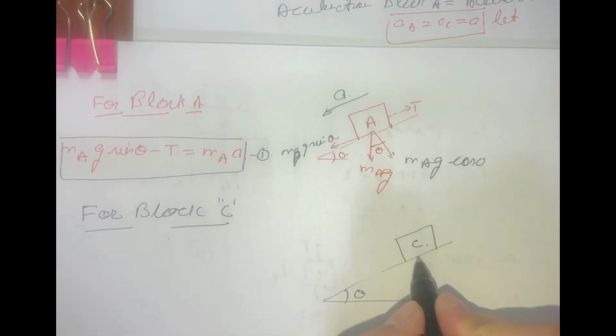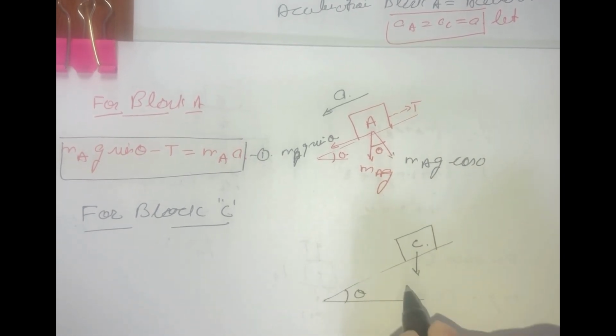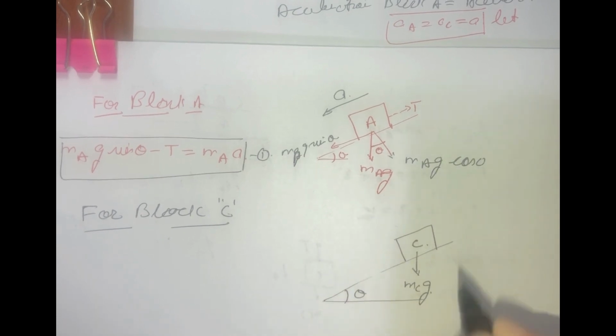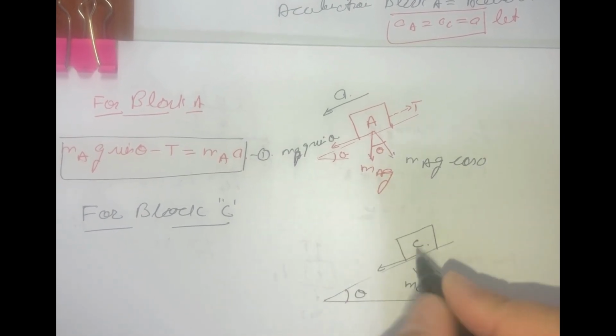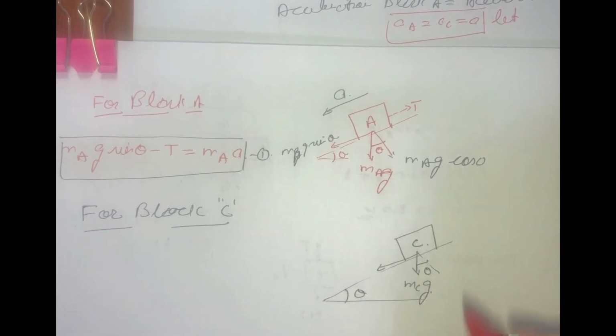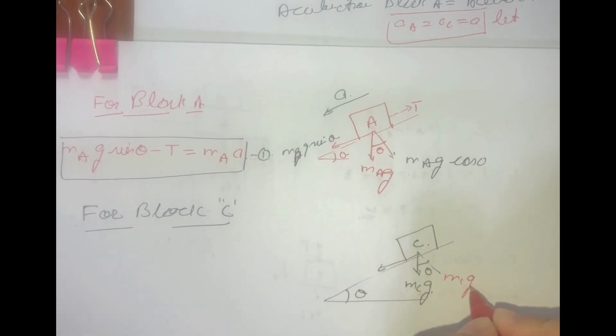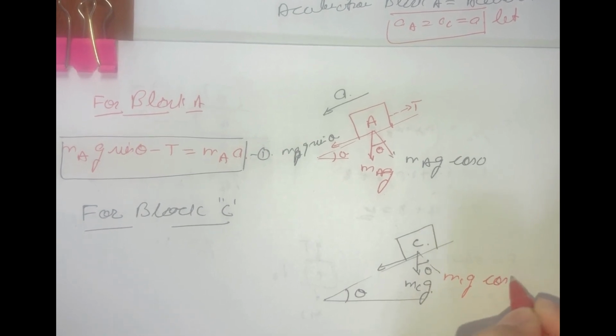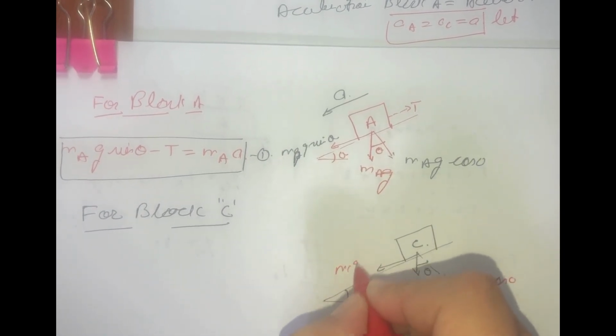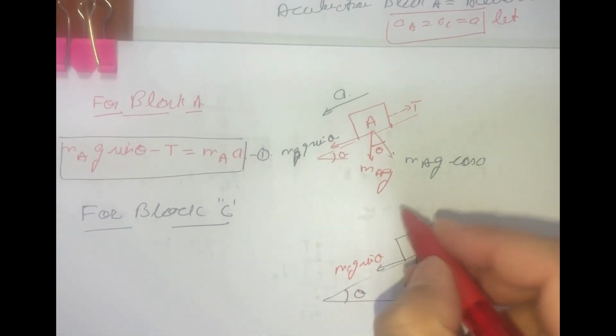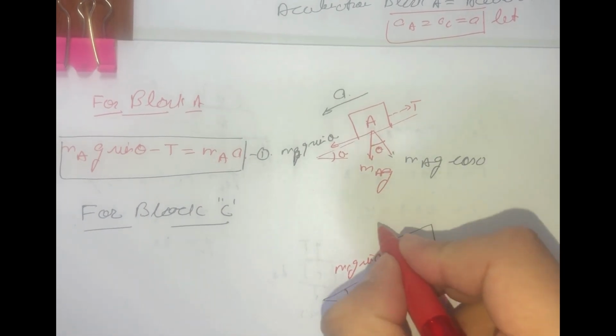So we are going to have this will be our mCg divided into two components. This will be theta, and this will be our mCg cos of theta, and this will be our mCg sine of theta, and it is moving in downward direction